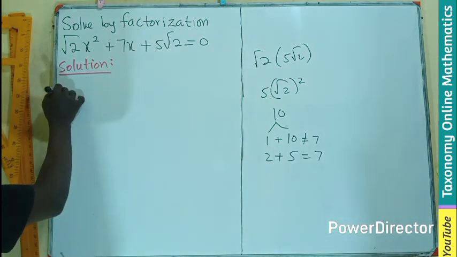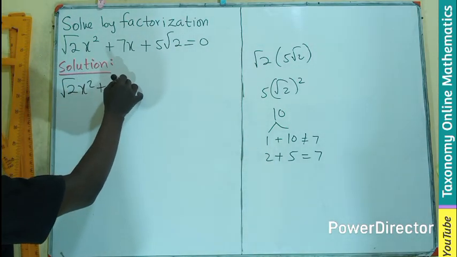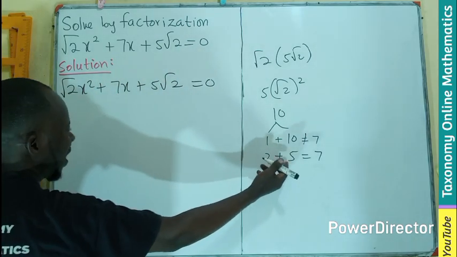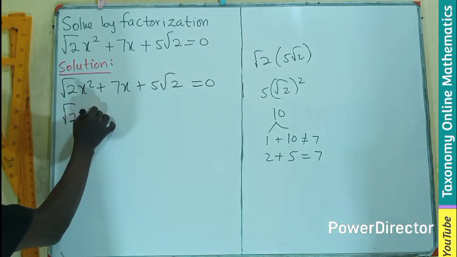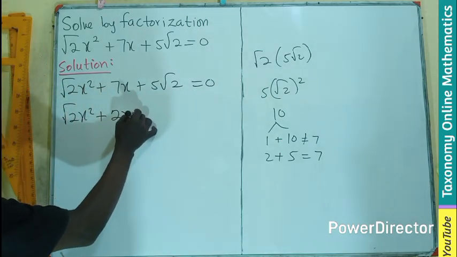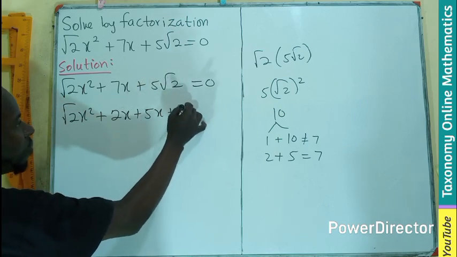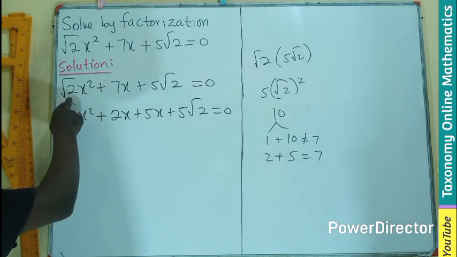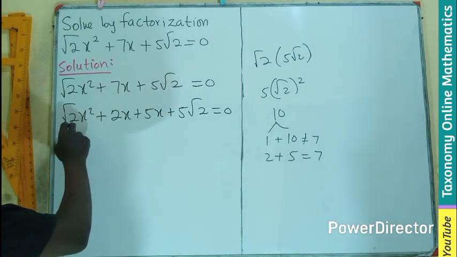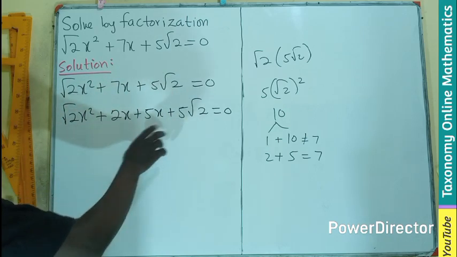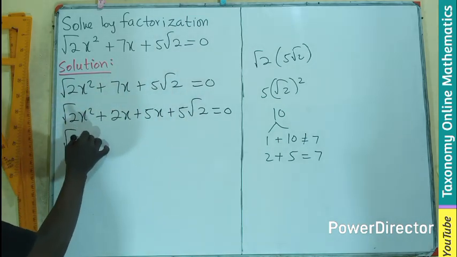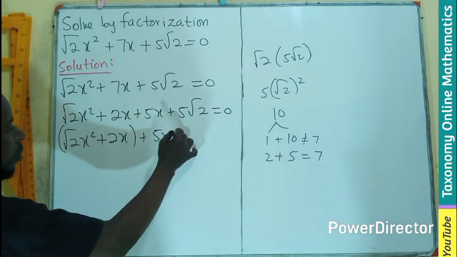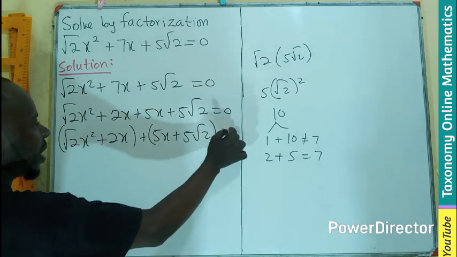So rewrite the question as root 2 x squared. We are going to replace the 7 by the newfound factors, meaning root 2 x squared plus 2x plus 5x plus 5 root 2 equals 0. We increase the 3 terms to 4 terms now. So we do the grouping method: root 2 x squared plus 2x in one bracket, 5x plus 5 root 2 in the next bracket,